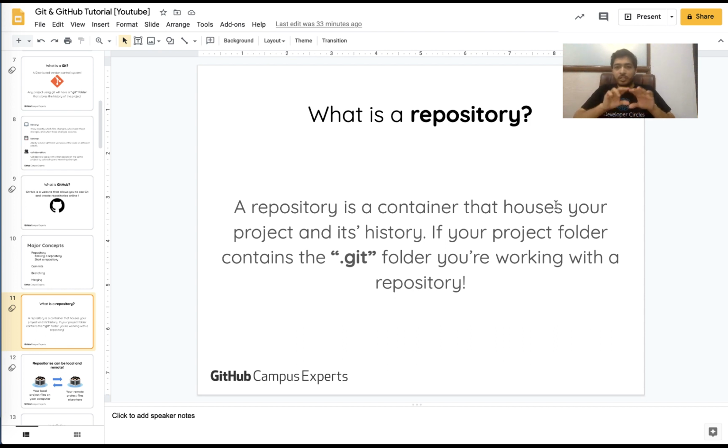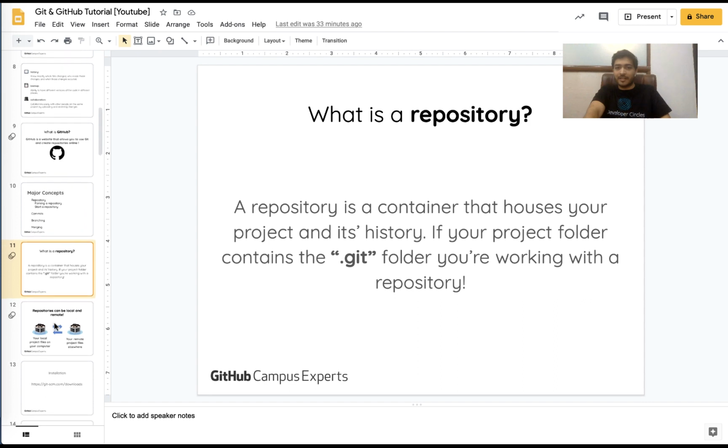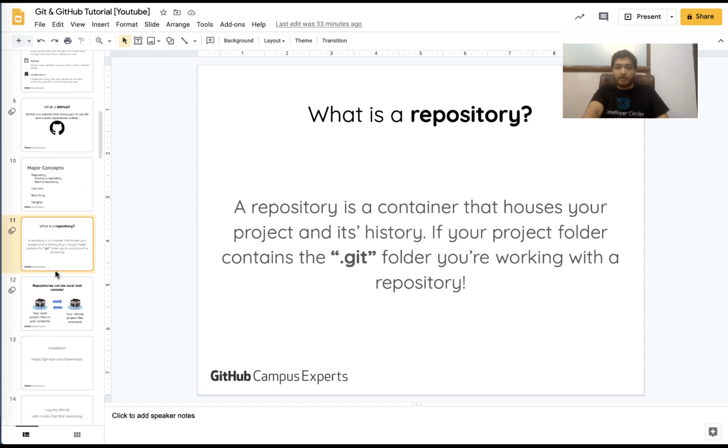If you turn a folder into a repository, any change that you make in any of the files within that folder would be tracked by Git. And it's done by a single .git file, which is very small, but all it does is just track the changes made by people working on that project.